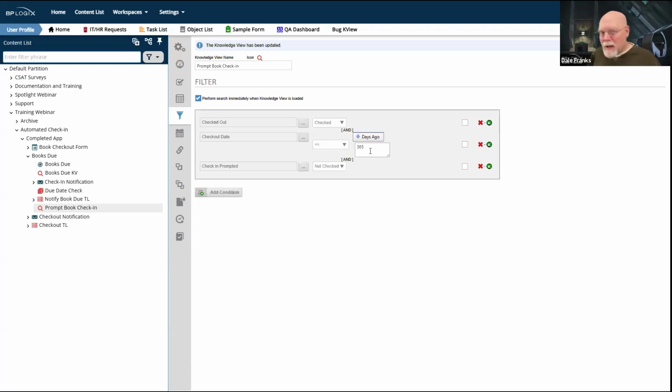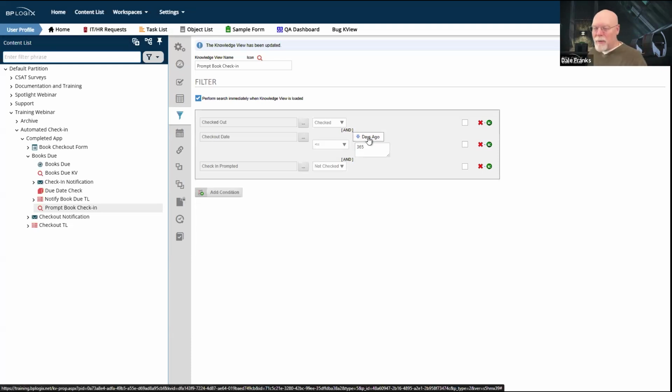What this makes you think is that it has to have been checked out less than 365 days ago. But that is exactly the opposite of what this condition actually tells you.